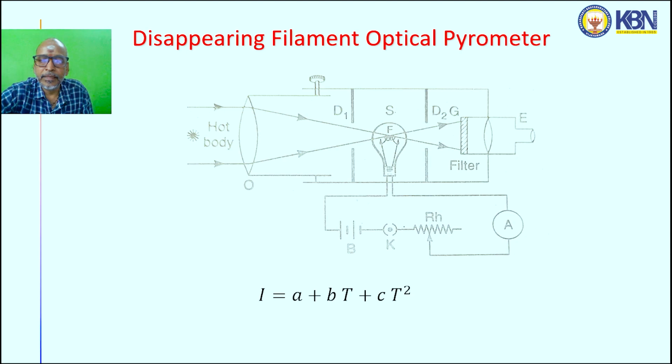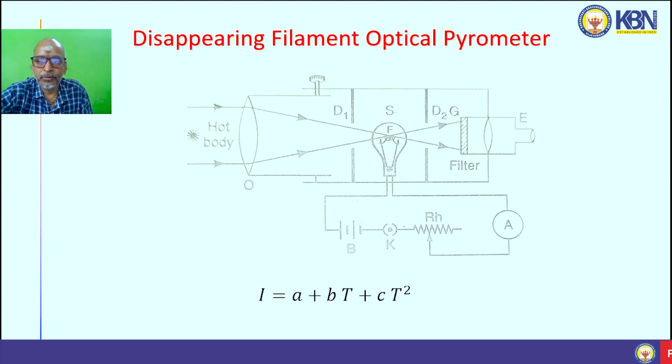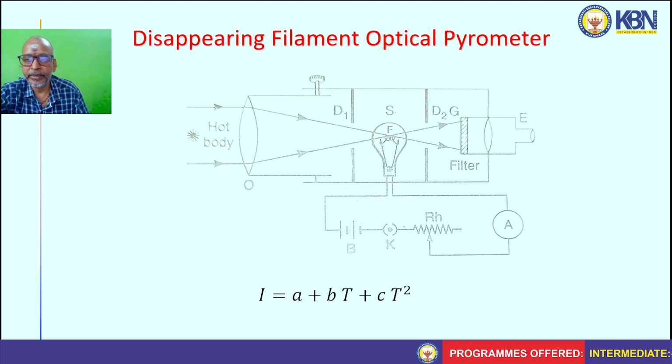is placed on the filament. Then we observe through the eyepiece. In front of the eyepiece there is a red glass filter G, and there are also two diaphragms T1, T2. Both are useful to limit the radiations that enter the telescope and fall on the filament. With the help of the rack and pinion, the image of the hot body is incident on the filament. The filament appears bright, and by passing current through the filament and adjusting the rheostat position, the current strength is varied so that